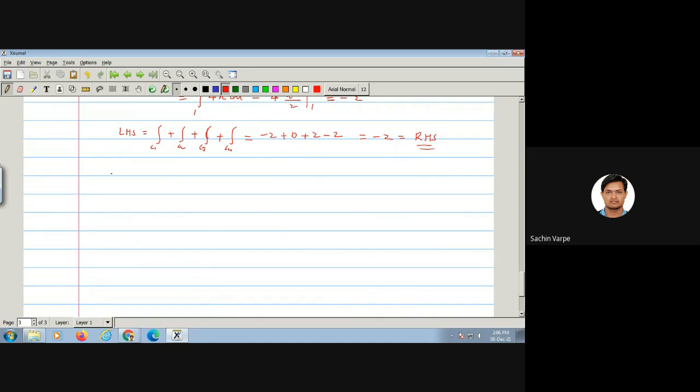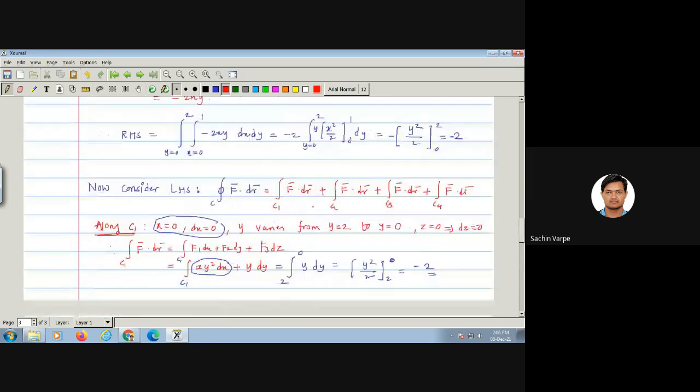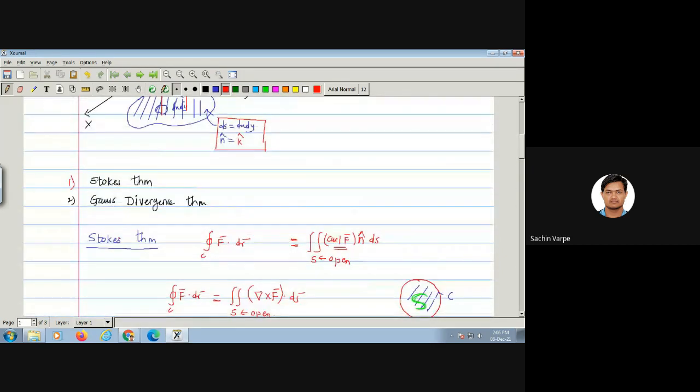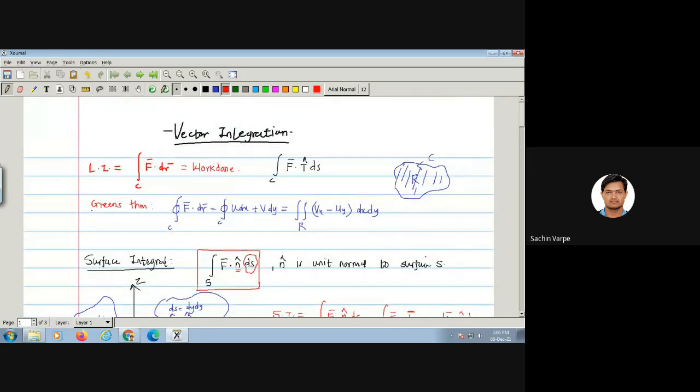Is this clear? Is this clear to everyone? So when we use Green's theorem, if we are asked to evaluate such double integrations, then we can easily use this Green's theorem. And if we want to evaluate a line integral, then we can easily get the value of that line integral with the help of this theorem. So we can use it in two ways. To get the line integral, we use double integration, or to get the double integration, we can use the line integral. Any doubt? Any question?